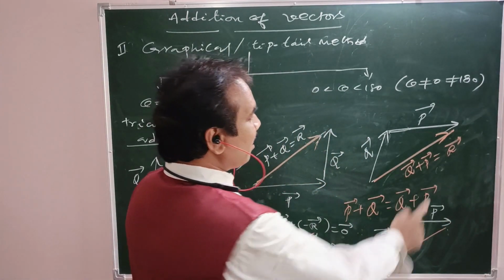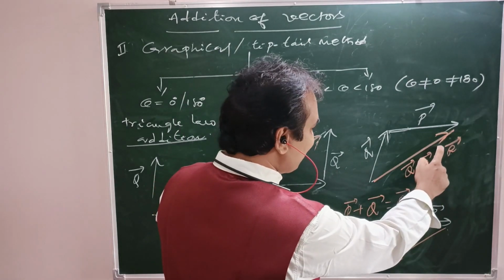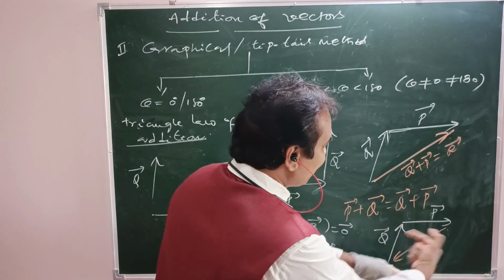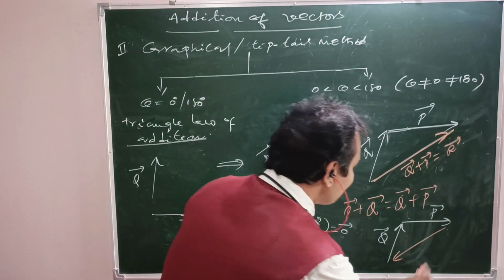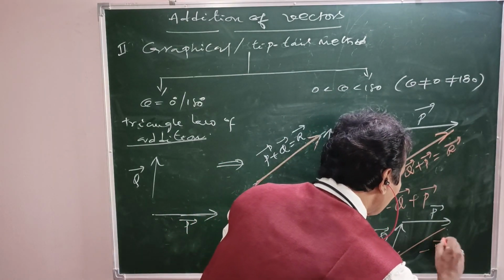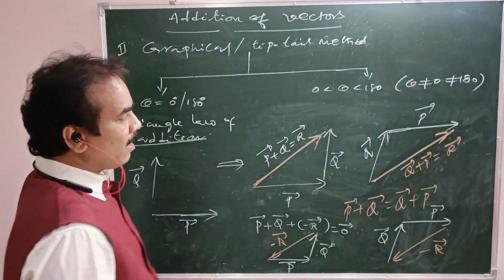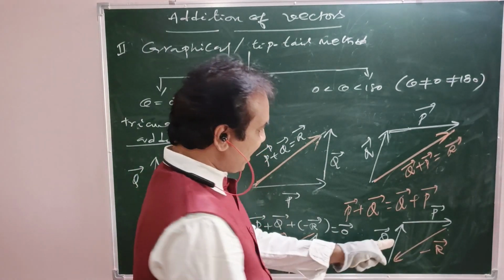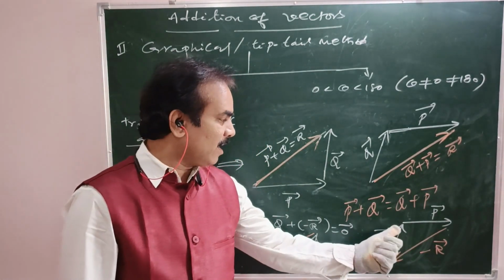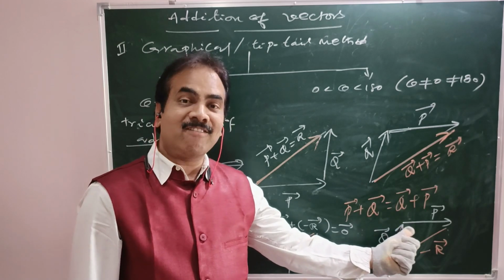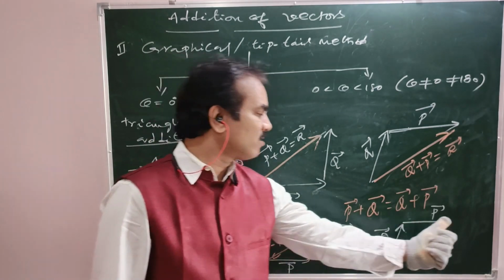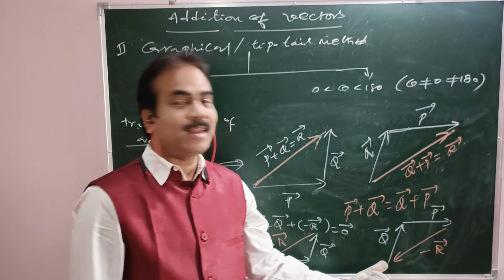Now, is it R bar or minus R bar? As it is flipped, definitely it is minus R bar. Why? Because it is flipped end to end. Means minus R bar. See, all the three vectors are taken in the same order such that head of one vector is joined with the tail of the other vector. Here head, tail joined. Here also head, tail joined. Here also head to tail joined.